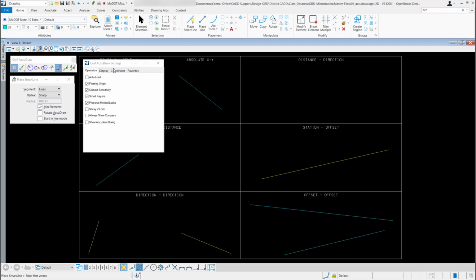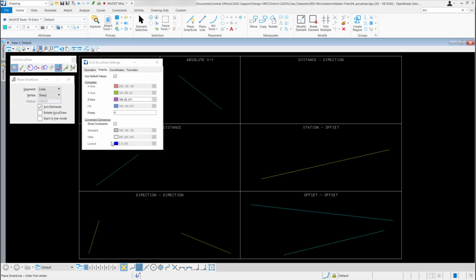If I switch over to the Display tab, these are just the settings for my compass and my constraint dynamics, which we'll talk about a little bit later. But if for some reason you wanted to change the color on the compass or the constraints, you could come into this tab and change them there. If I expand this box a little bit, there is a button down here called Shortcut Key-ins.